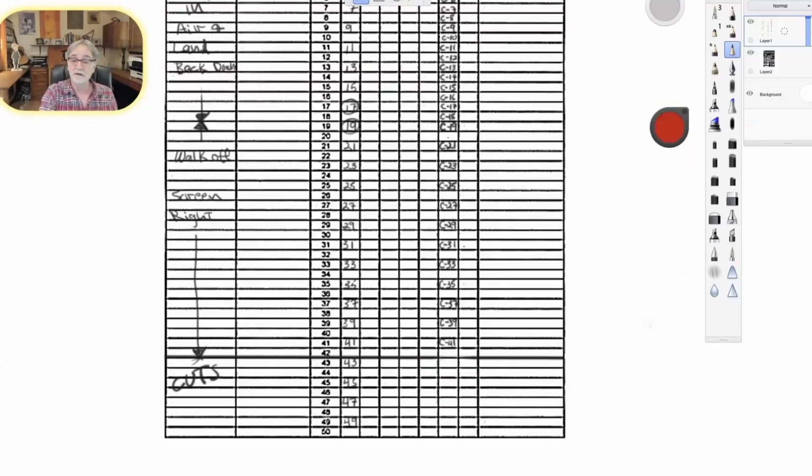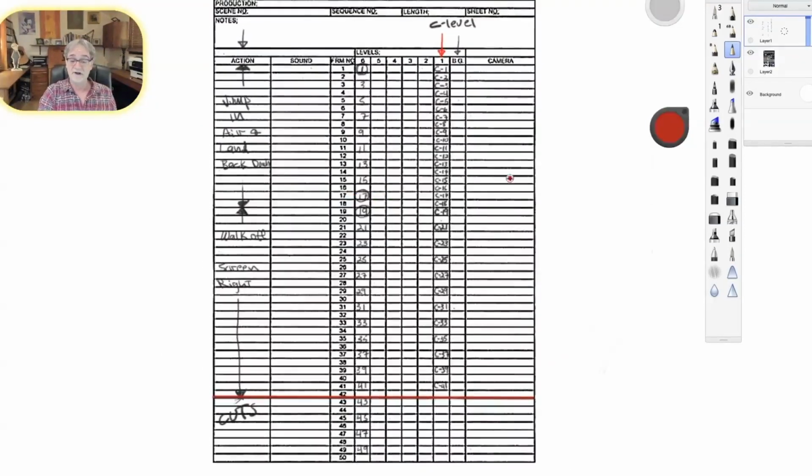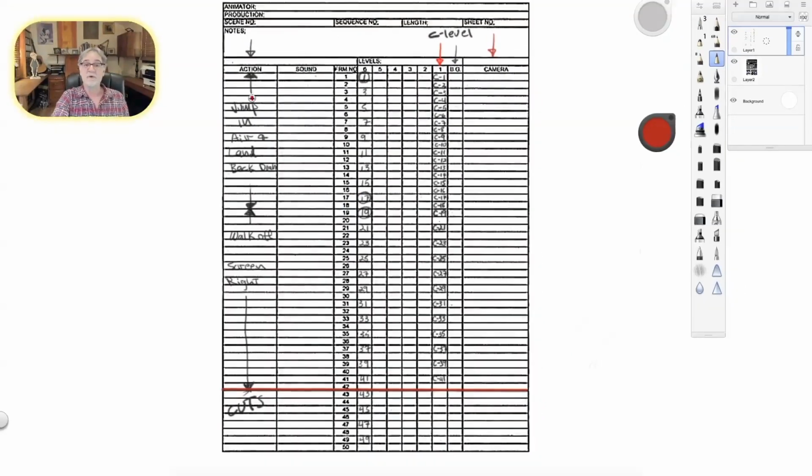I'll show you again. I know this because the X sheet shows me this is where the scene cuts. So when we take a look at this, and I've done all my animation, the camera department is going to know exactly what frame. When the camera department gets the whole scene with background and everything, all they do is follow this X sheet. This is their blueprint. This describes to them exactly what to do.